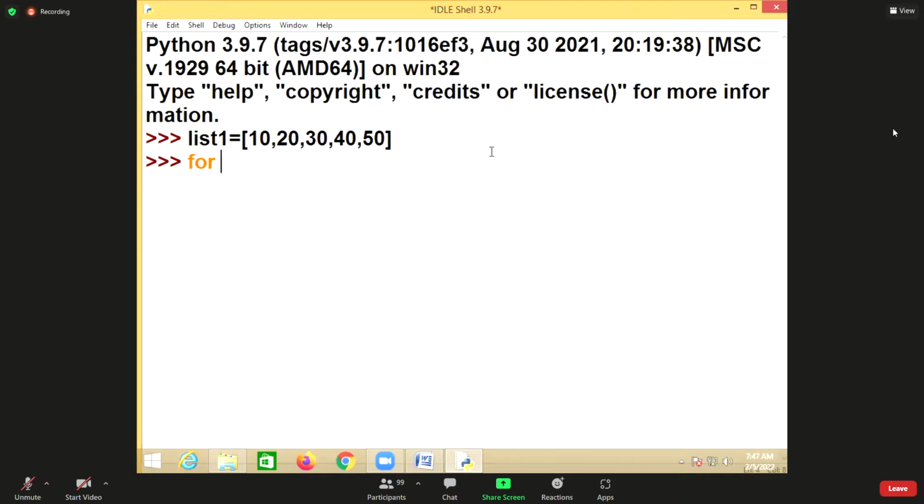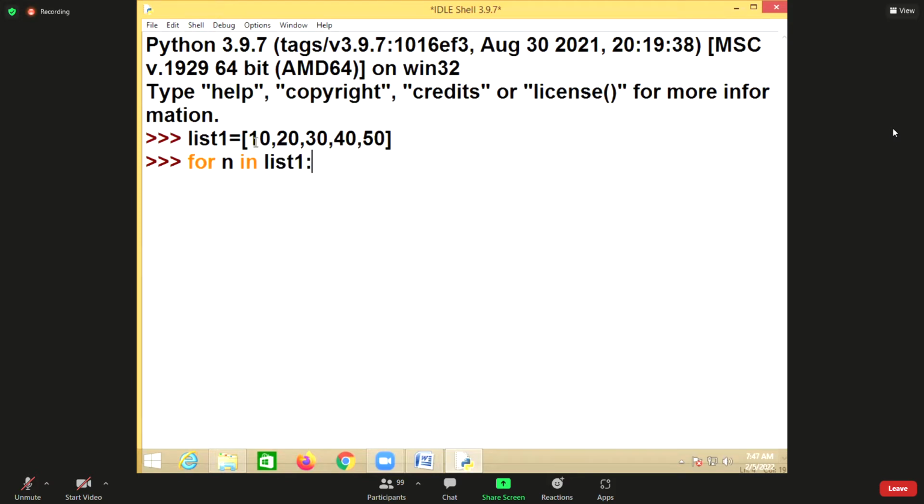For, you are reading and storing each value in which variable? N. Each time you read a value, you store that value into the variable N. For N in list1. So what is the meaning of this?